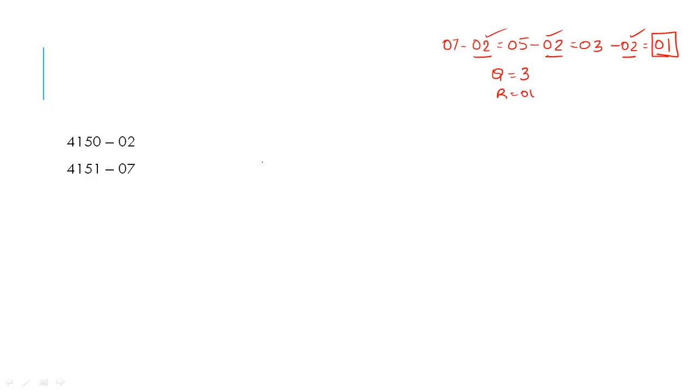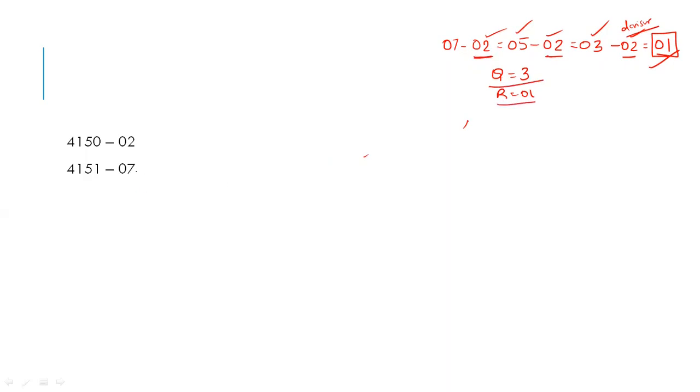I can perform the subtraction till this number becomes lesser than our divisor. Initially we need to compare whether the dividend is lesser than or greater than the divisor. Only if it is greater than the divisor, I can perform the subtraction, and I have to keep on comparing the result till it becomes lesser than the divisor. Once it becomes lesser, we can stop, and the number of times I have subtracted becomes the quotient, and the leftover number becomes the remainder.